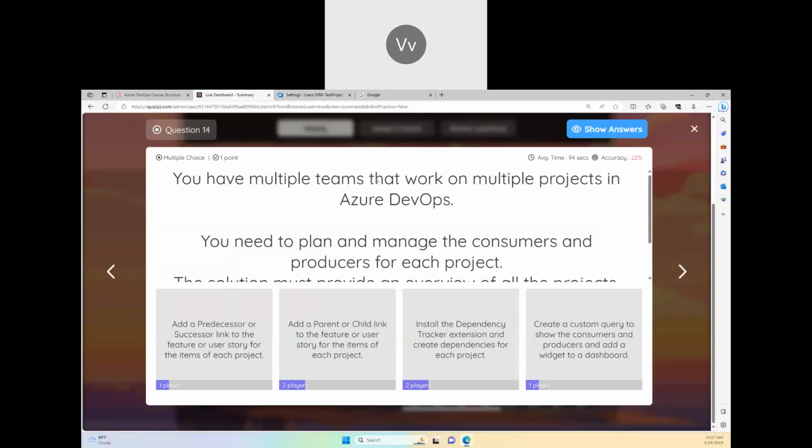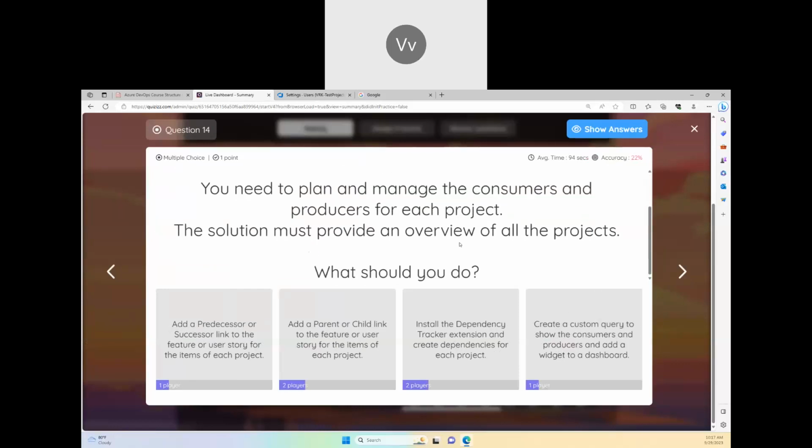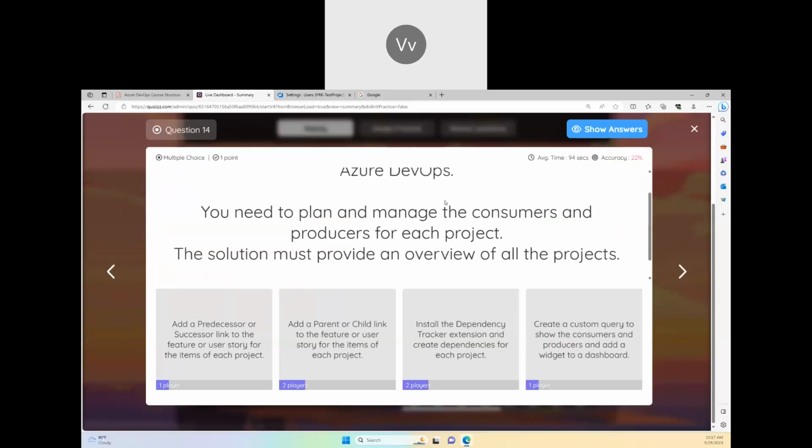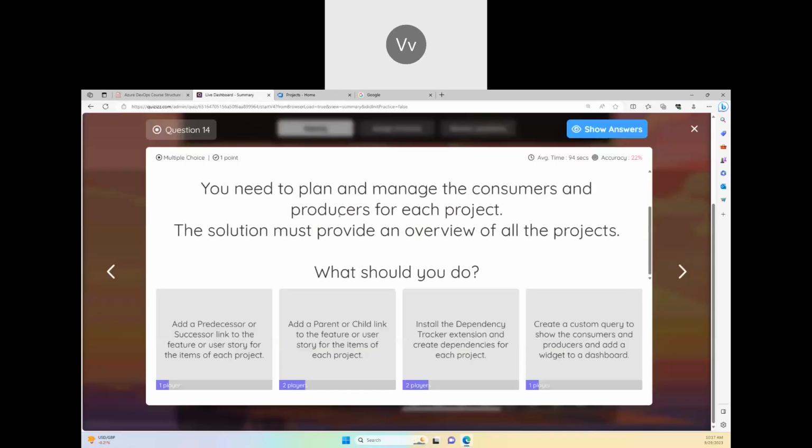You have multiple teams that have worked on projects in Azure DevOps. You need to plan and manage the consumer users for each product. The solution must provide an overview of all projects. So there are different projects in your organization, and for all projects you want to plan and manage consumers for each project and all that, consumers and producers. In that kind of case,